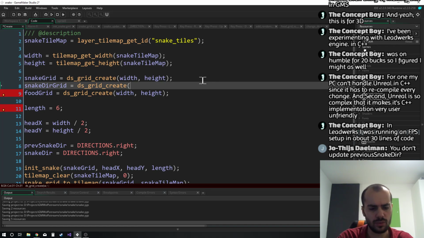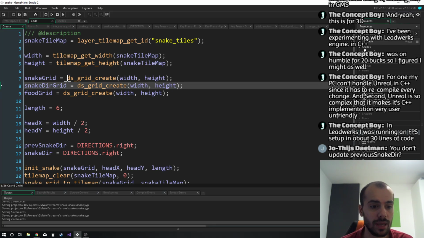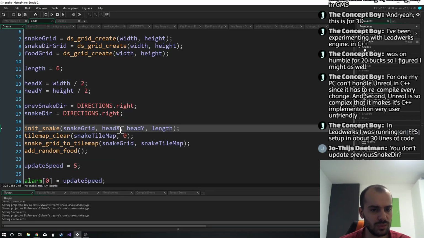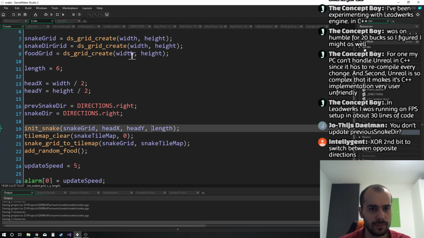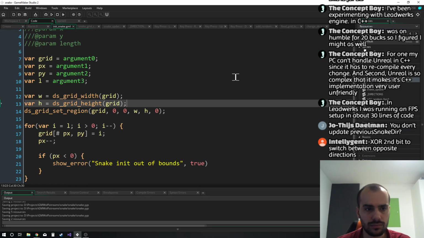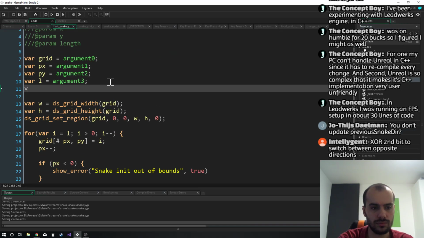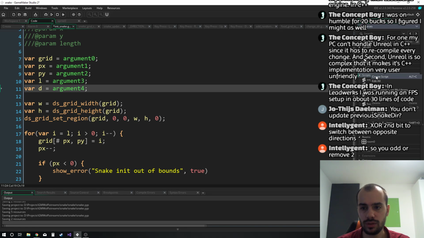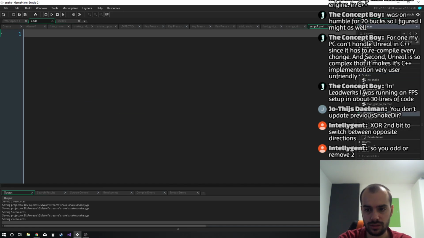For now, let's just stick with having 2 grids. We can think about that later, depending on how this snake deer grid ends up being. In its snake, I guess it will take a direction as well. So if, yes, we need to be able to get the opposite direction. So let's do create script dir